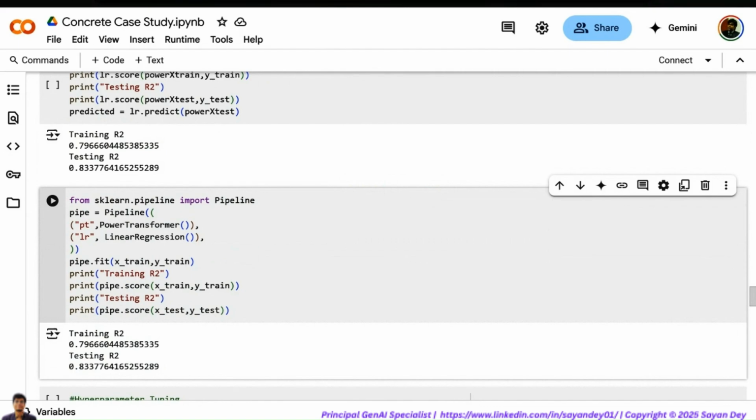And how do we correct it? We use something called a power transformer to reduce the skewness. We can make the distributions more symmetric and more normal. In case you are wondering what is going on behind the scenes, mathematically, power transform uses something called a Box-Cox